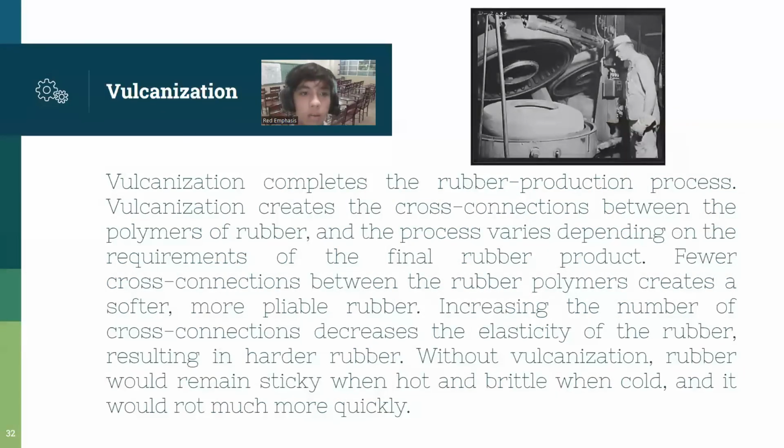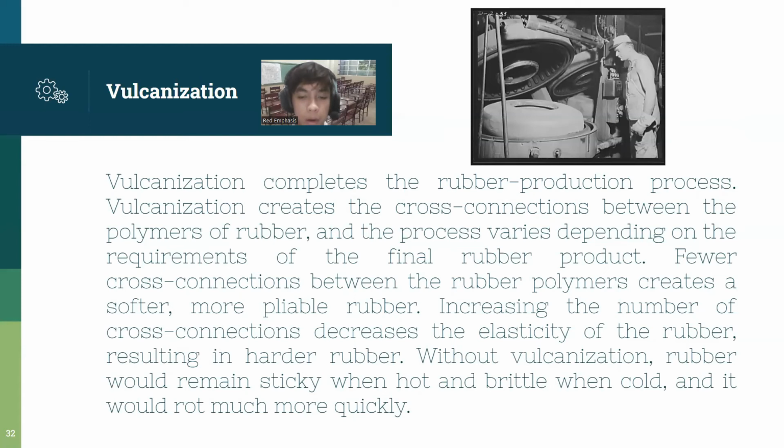Vulcanization. Vulcanization completes the rubber production process. Vulcanization creates the cross connections between the polymers of rubber, and the process varies depending on the requirements of the final rubber product. Fewer cross connections between the rubber polymers create a softer, more malleable rubber. Increasing the number of cross connections decreases the elasticity of rubber,